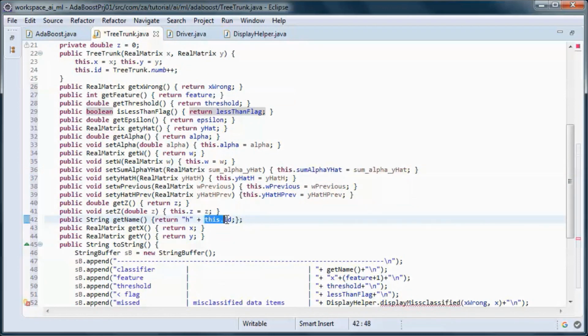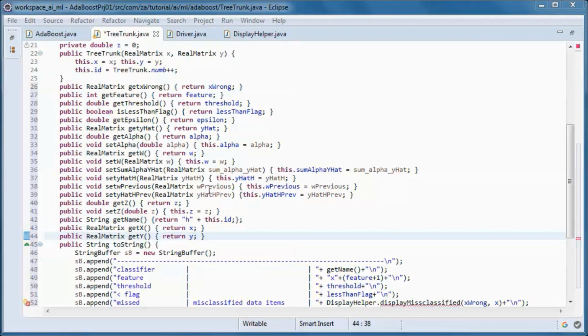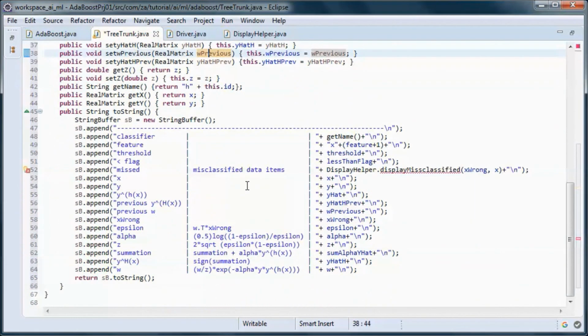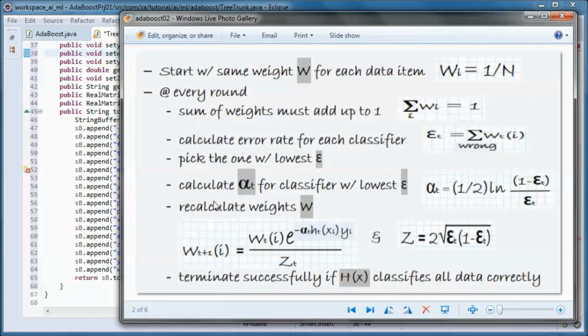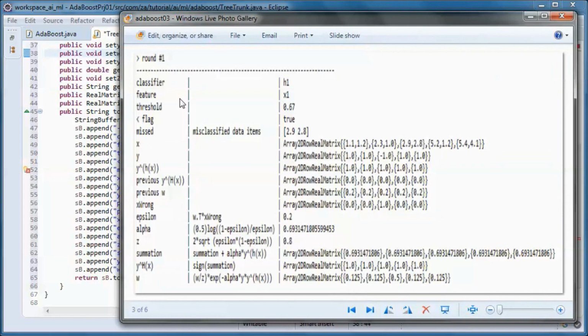It uses the ID and appends to it before it. And the toString method prints out this for each round.